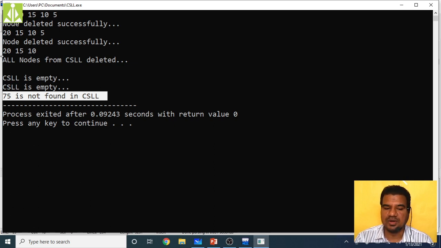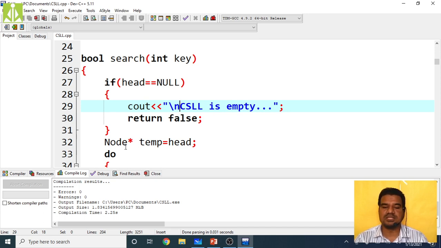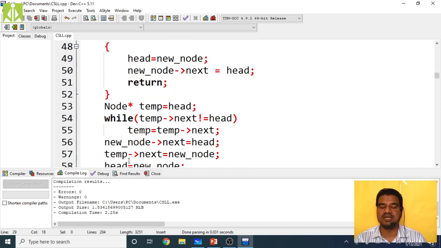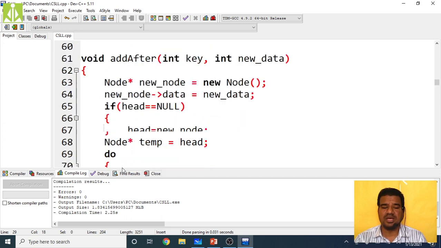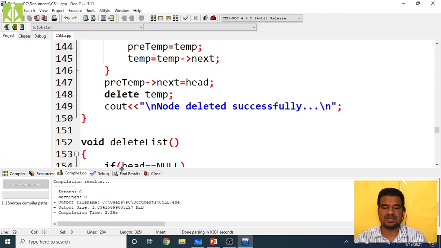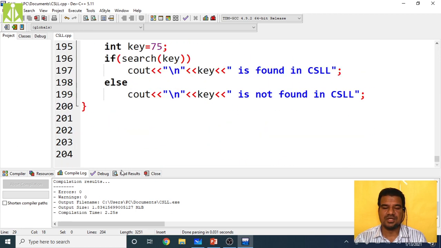Okay, hopefully you understood all these techniques and operations we have performed: three different types of insertions and three different types of deletions. This is more than enough. The code has already gone up to about 200 lines.